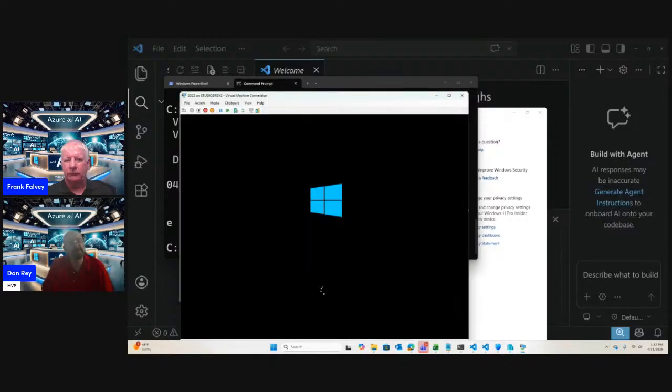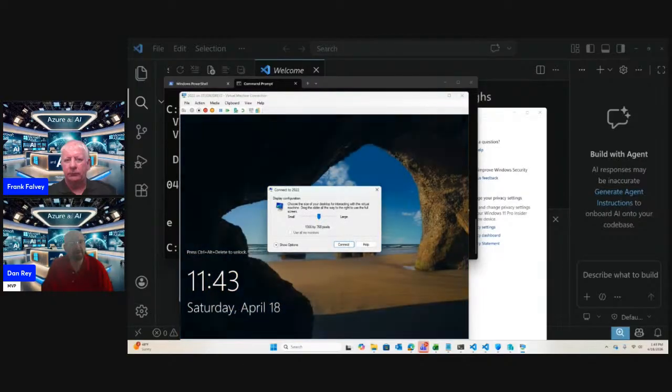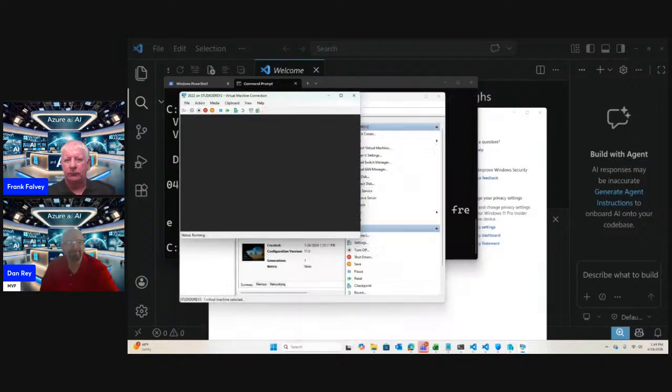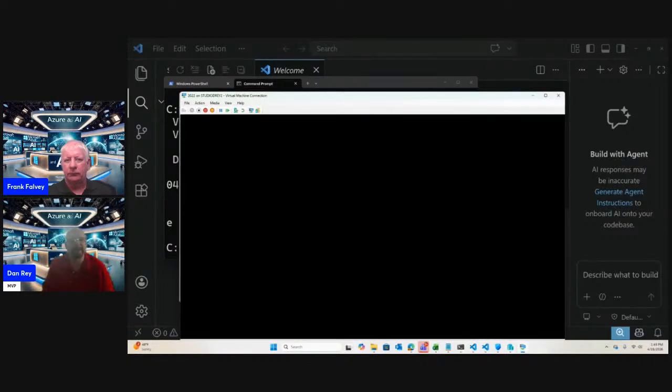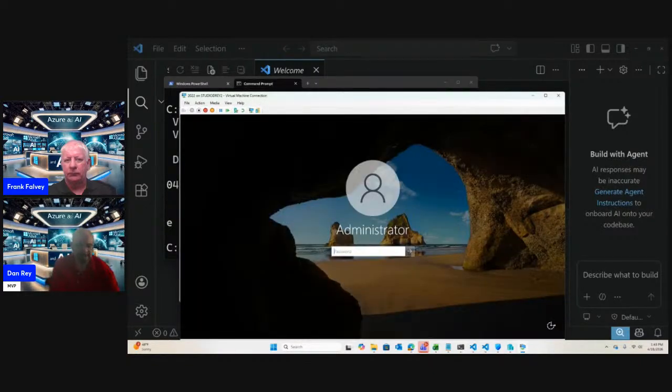So if this is Server 2022 Server Core Edition, it'll boot up like a regular server would. But then when I log into the server, all I would get is a command prompt. And I believe it's a command prompt by default with like 15 different commands that you can type in. And then from there,